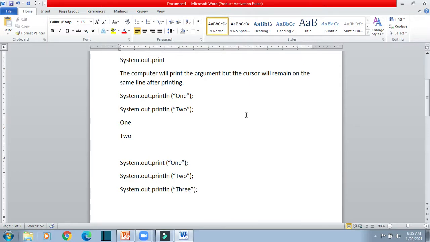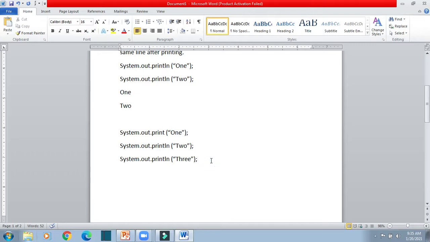Okay, now tell me what will get printed. Sir, 1 and 2 will be printed in the same line, and then the 3 will be printed in the next line. Yes, tell me why.